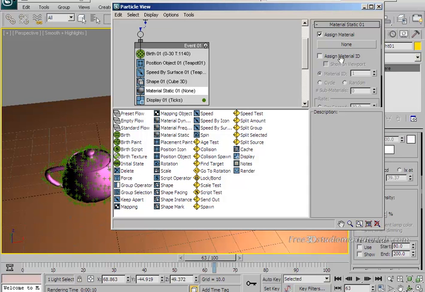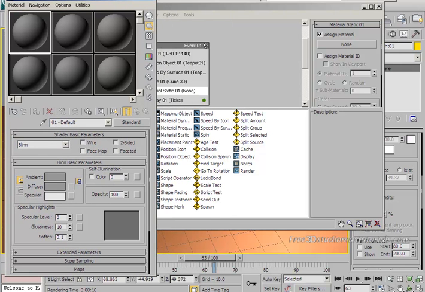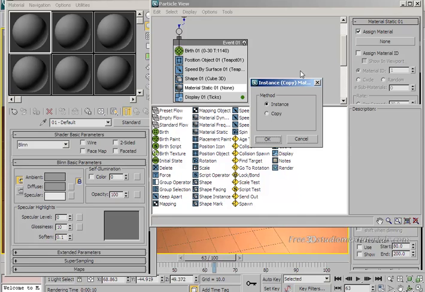Okay, now press M on your keyboard to bring out the material editor. Put it aside, and with the material static operator selected, in the material static parameters, click on this none button and choose your material. Or if there is another way, just drag any material you had set for that to this none button,